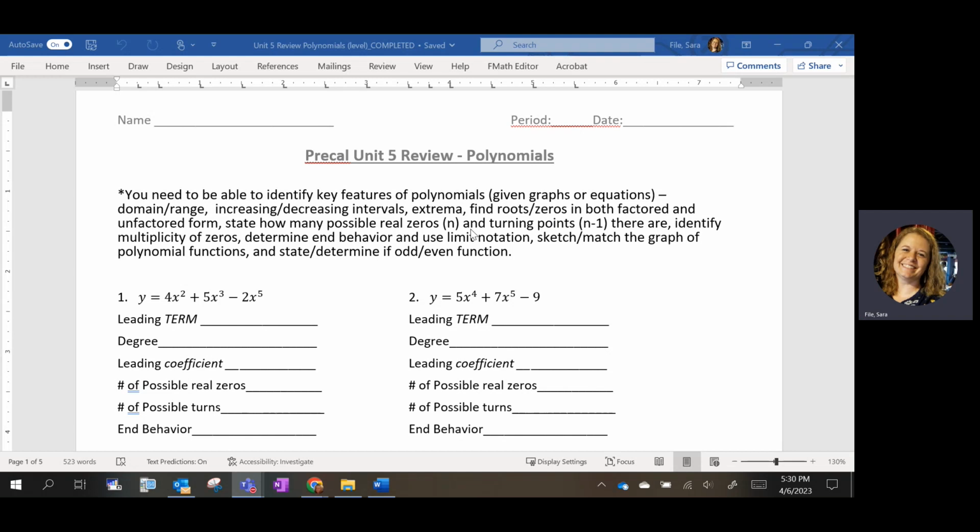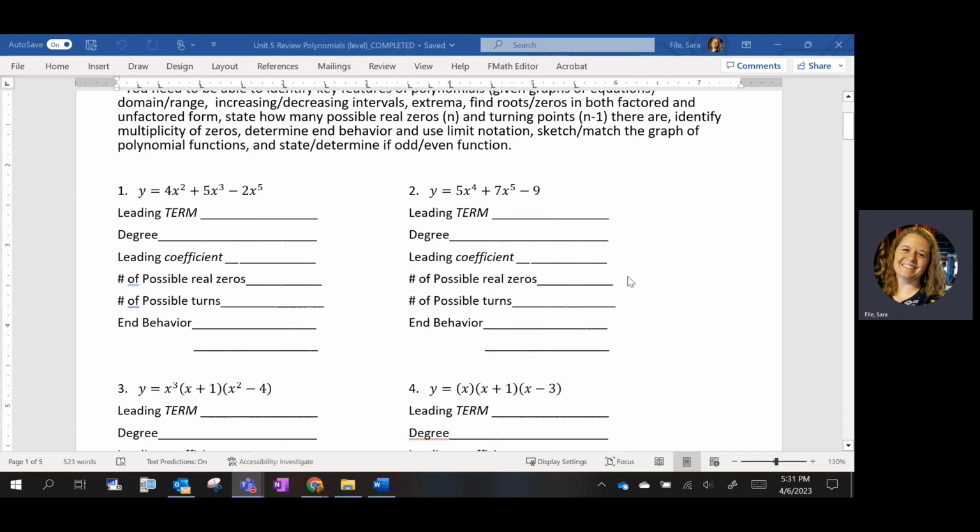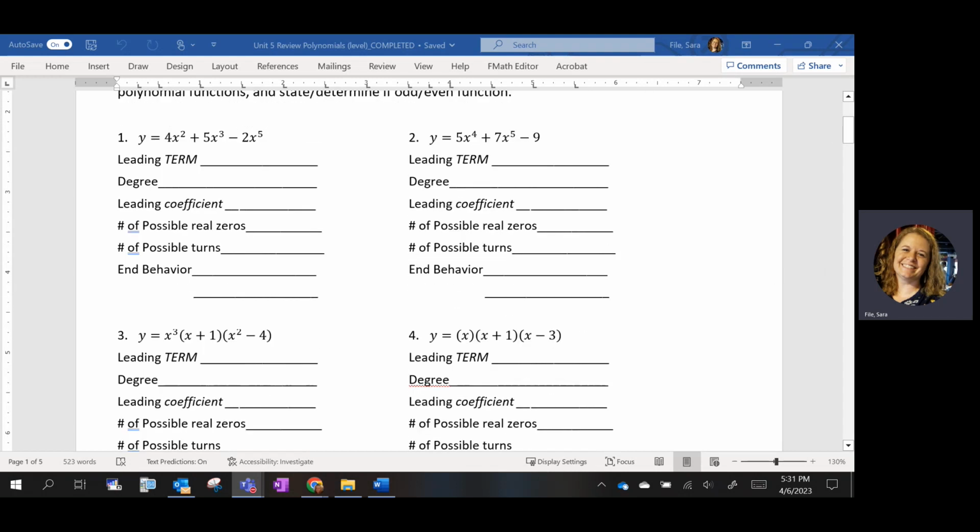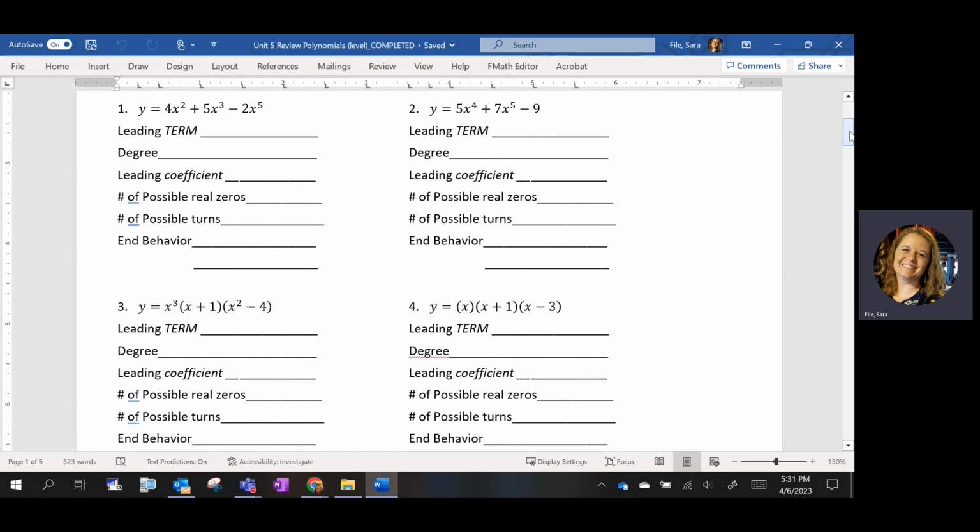Okay, so we're going to go through all of that in this review. We'll see how long the videos are going and how many chunks it'll be broken up into. I'm not sure right now since we're just starting. These first four, give an equation. The first two,